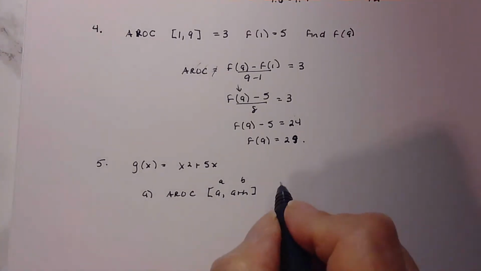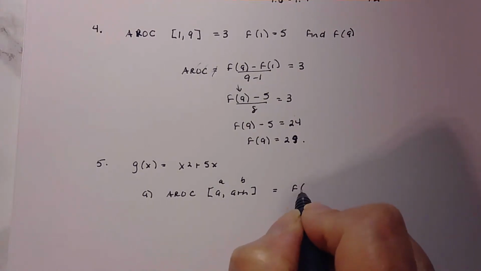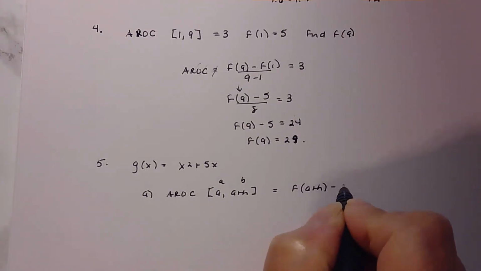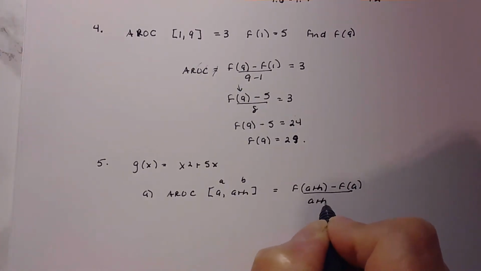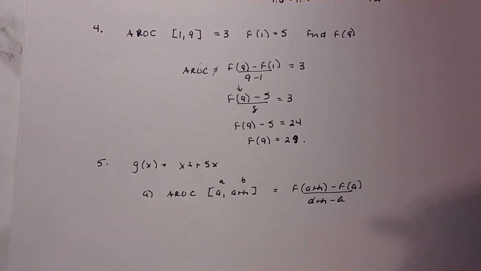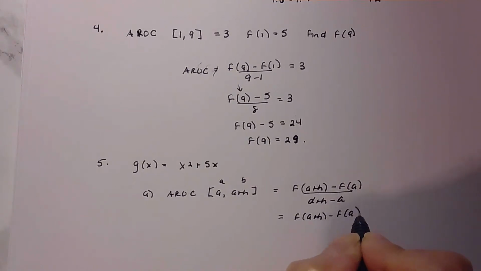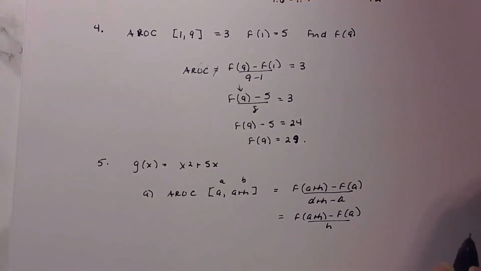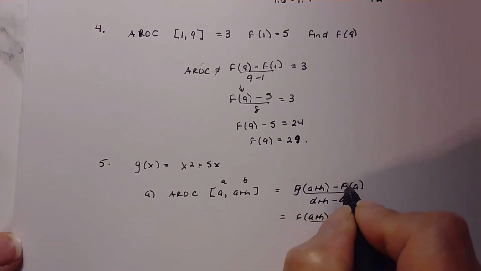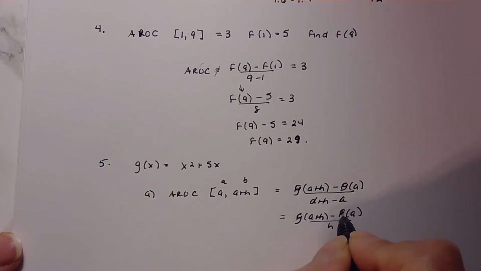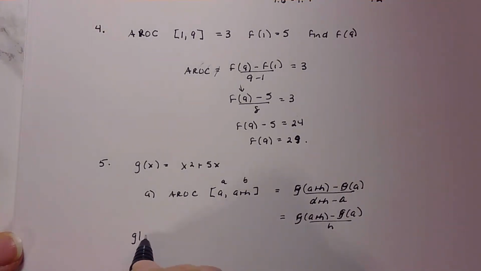And if we're looking for average rate of change, we know that that's going to be f of A plus h minus f of A all over A plus h minus A. And those A's are going to cancel, right? So it becomes f of A plus h minus f of A all over h. Well, we have to compute this piece here, what f of A plus h is, or g. I should call these g because this function is g, so I'll change them to g's. So g of A plus h